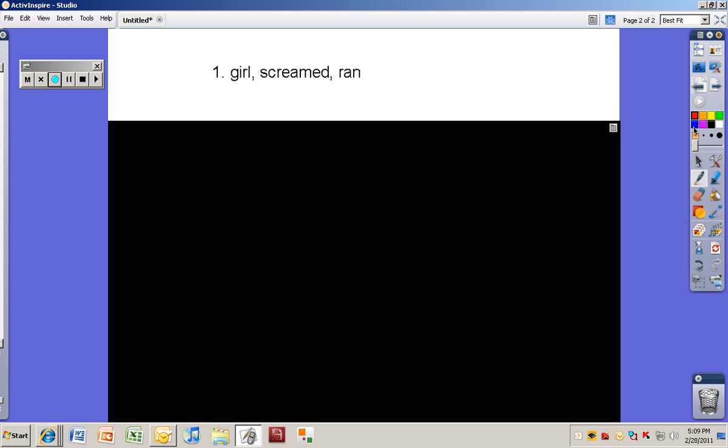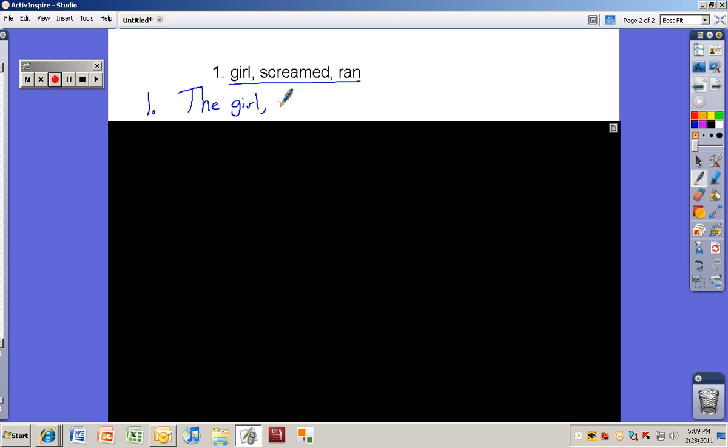I'm going to change here to blue and start with a capital. The girl, comma, remember the who whiches always start with a comma. By the way, I want you to take a piece of paper right now, and this is going to be your assignment. I want you to write what I'm writing on your paper for number 1. You could copy this too. That would probably be nice to have on your paper. And then write the sentence just like I'm writing it here.